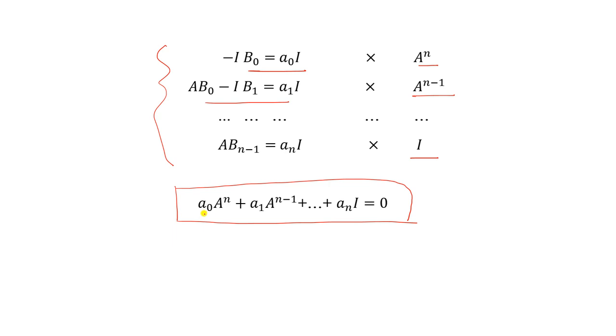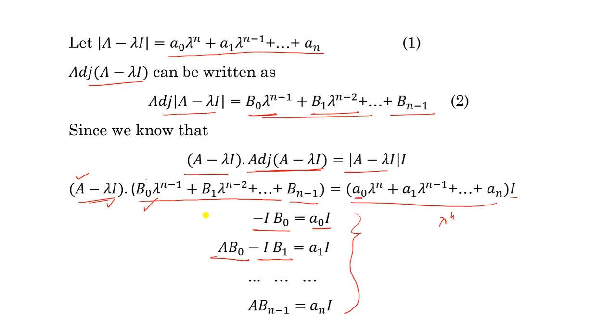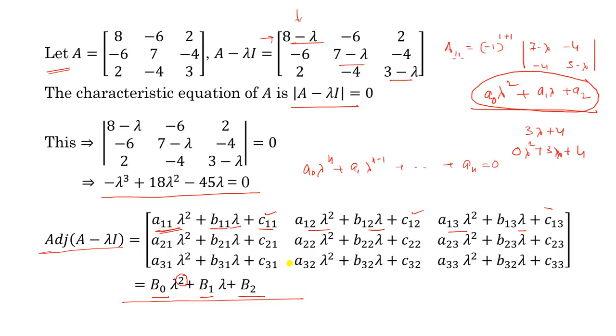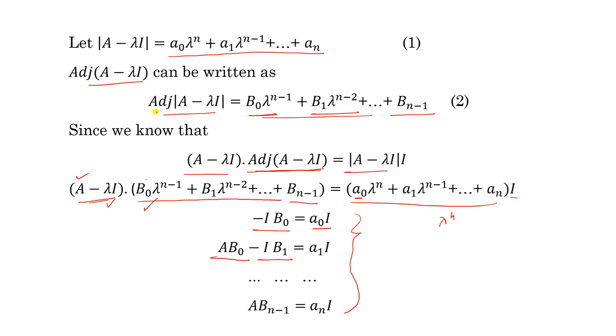So for this proof of this theorem, let's have a quick look. What we have to do, we have to start with this identity, and you have to write A minus lambda I in generalized way in this way, and you have to write adjoint of A minus lambda I in this way. Now I hope that you understand this. How can we write adjoint of A minus lambda I? So put these values of A minus lambda I and adjoint of A minus lambda I here in this equation,